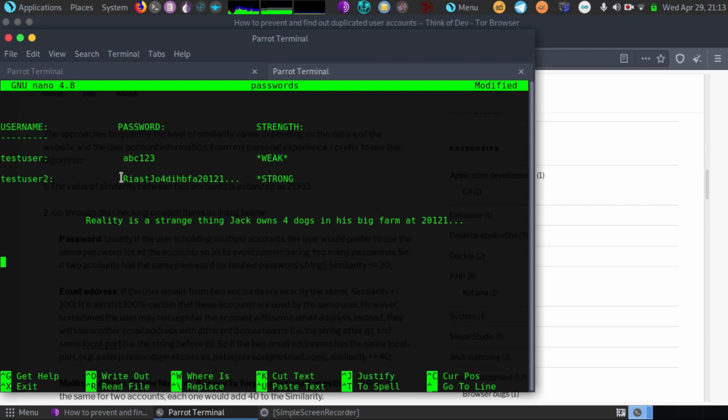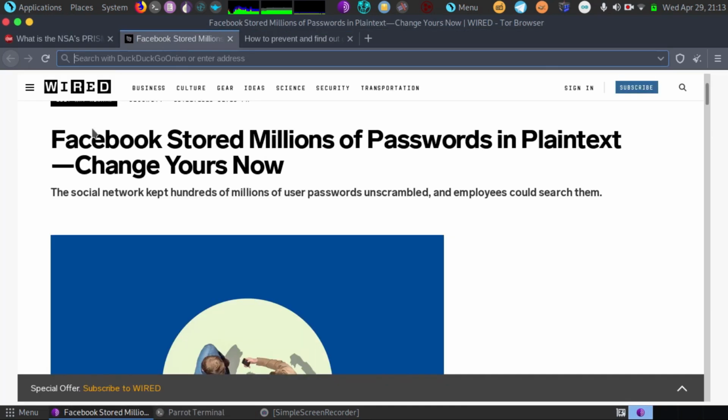Very easy to do if you have access to the databases, and as you noticed, I showed you Facebook was storing it in plain text. The only real reason to do that is to cross-identify someone, and also on other accounts you may own. Say you use the same for Facebook and your email. Well, there you go. It's already compromised. It would take a Facebook employee 1 second to log in.